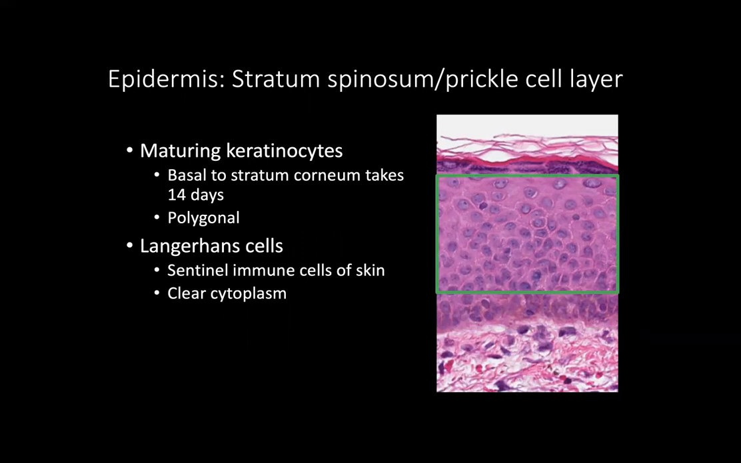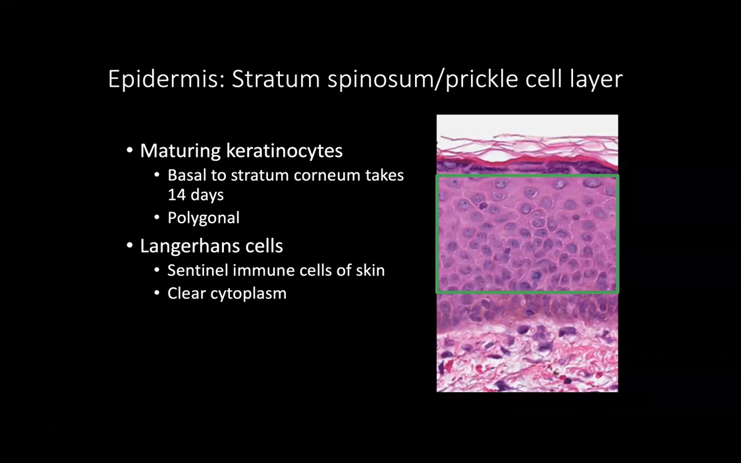As I mentioned, the stratum spinosum, or the Purkinje cell layer as it's commonly referred to, contains the maturing keratinocytes. From the basal layer to the stratum corneum takes about 14 days to travel that distance. And the morphology of these cells is relatively polygonal. So understanding that in most benign proliferation of the epidermis, or acanthosis, you'll have these kind of equidistant spaces where each cell has its own approximate area that's about the same. And that'll give you a sense of